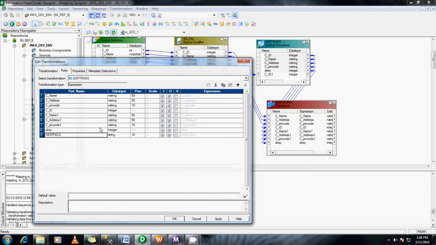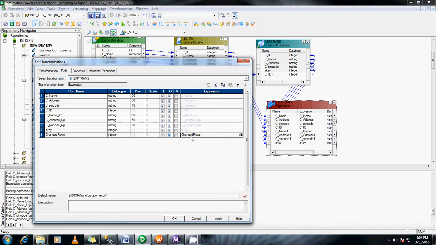Add one more column, change row. Make it as integer. And instead of name one, keep it as lookup. And for pin code also, in a similar way.